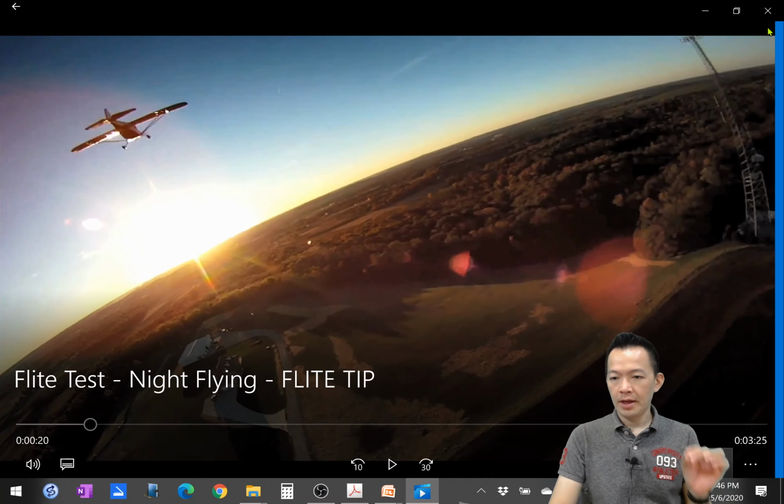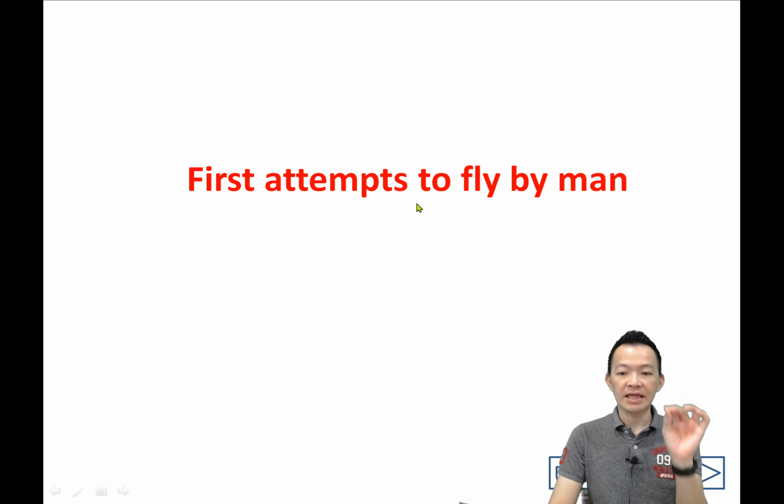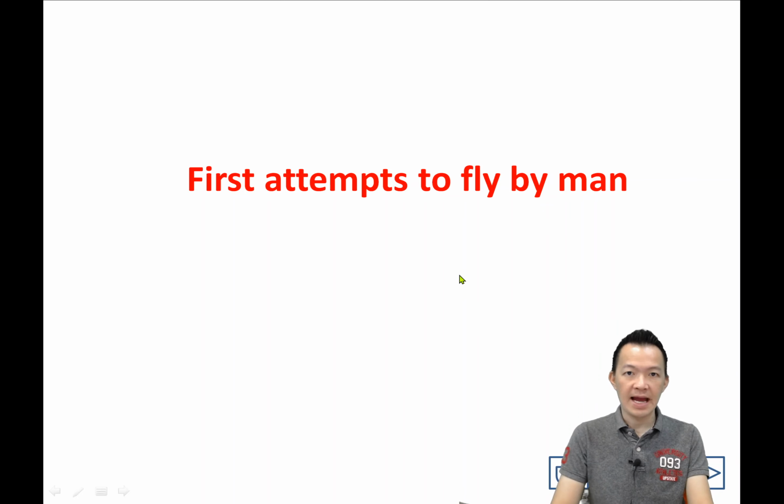Okay. Or before we have the aeroplanes, the first attempt to fly by man, 人类要做飞机，我们用什么方法做呢？ So this is what happens 100 years before, 100年前的事情。